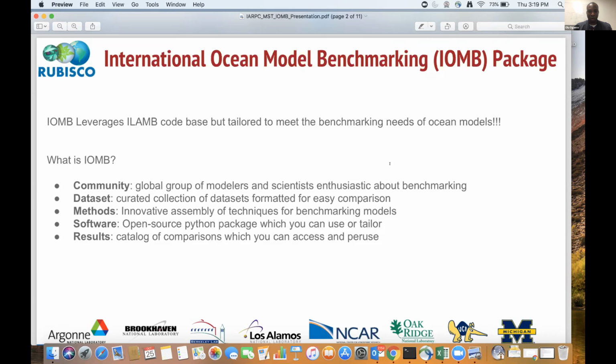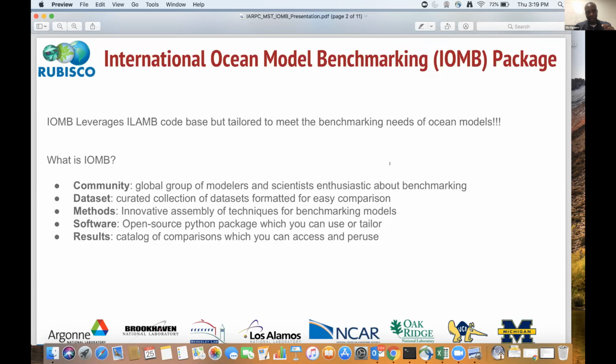The models are getting more complex, and we really need to evaluate the processes and the variables coming out of them. It could also refer to the data set, which we put together, make CF compliant, and keep updating. I'm going to show the link in a couple of slides.